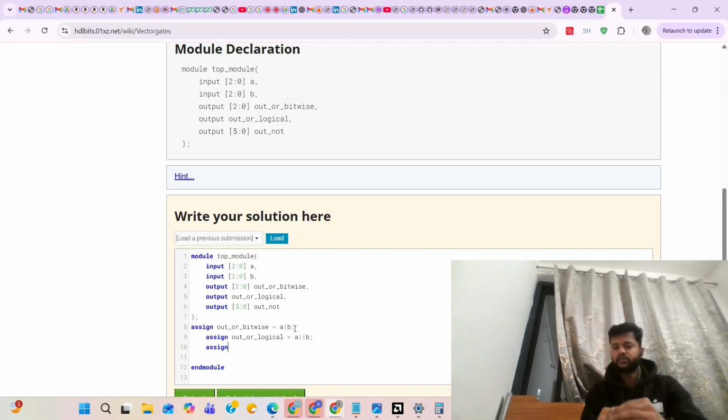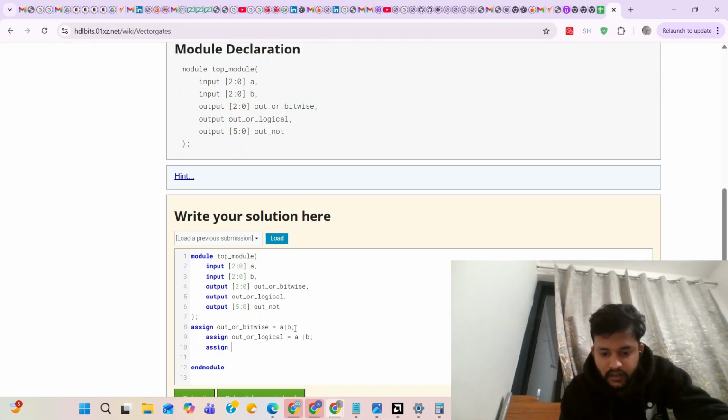Then we have to do the NOT operation also. This NOT operation is of 6 bits.